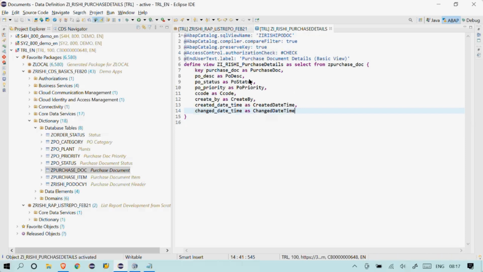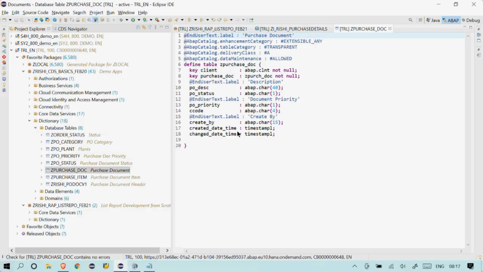Okay, so if you have given alias names to this kind of field in any other table or CDS view, by default you get these alias names. If you're creating for the first time, you have to provide an alias name for each, such as purchase document, description, status. As I mentioned earlier, this is my basic view. For this basic view, it should have the information directly from the raw table. We do not have to add additional information. Sorry, we have to add additional information apart from the purchase document.